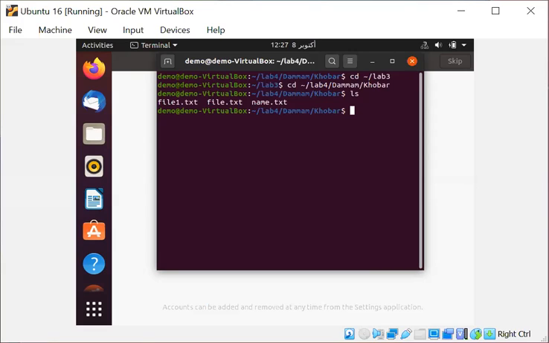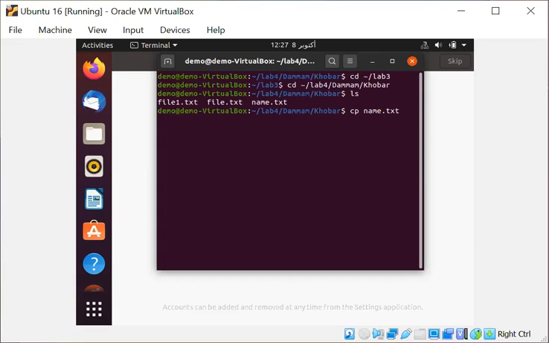Okay, now let's copy the file. We have a file, file 1, file name, whatever 3. Let me copy name.txt under lab 3 to lab 3. So I'm going to copy, I'm in Kobar now. Never mind where you are now, from where you can take something from somewhere and copy to somewhere. It's possible. So what I'm going to do, let me take the name.txt from this present directory, copy to lab 3. So copy means cp